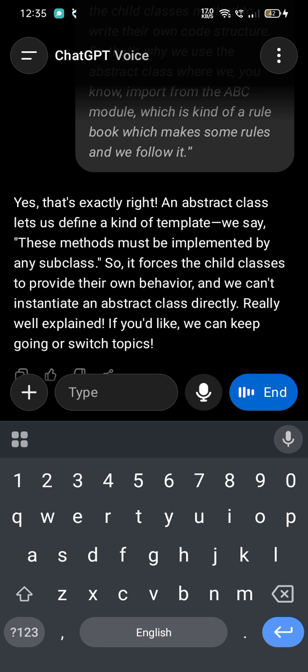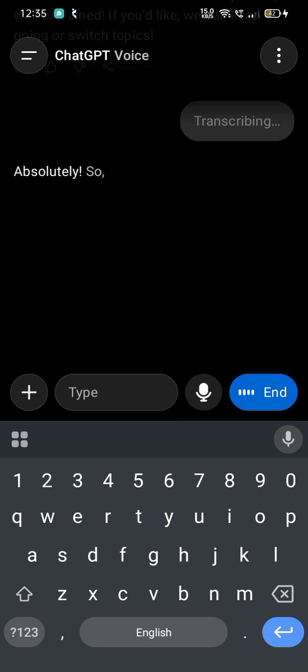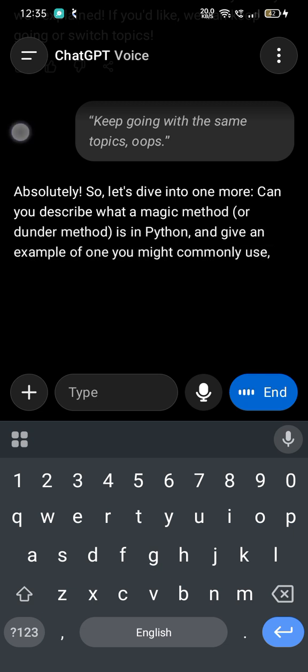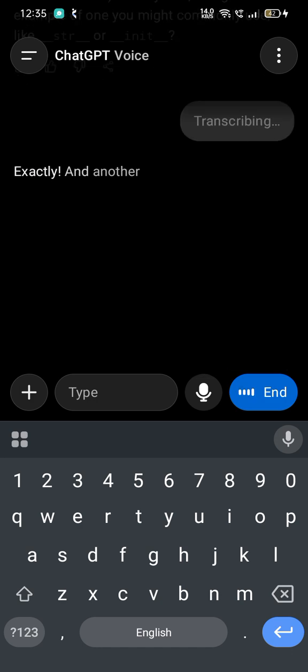OOPs. Absolutely. So let's dive into one more. Can you describe what a magic method or dunder method is in Python and give an example of one you might commonly use, like the dunder str method? Yeah, that's basically the dunder method I use many times. Like __init__ is a constructor that is automatically called when we create an object. Exactly. And